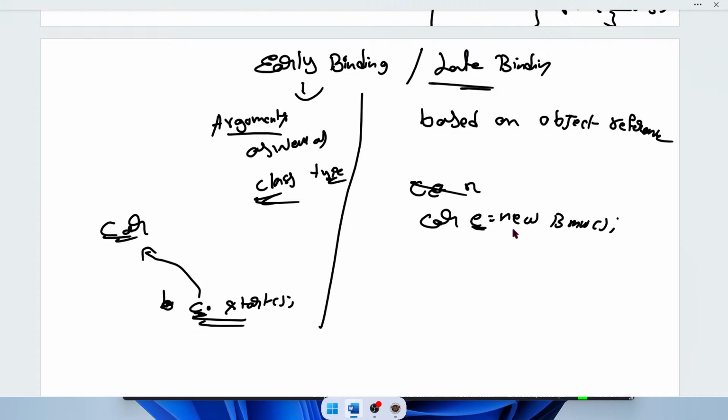Which type of reference is it? Tell me which type of reference it is containing. It is a Car type container. It is damn sure. By seeing itself, you can say C is a Car type container. But it is storing BMW data. Based on that data, the output comes, guys. If you call the C dot start method itself,